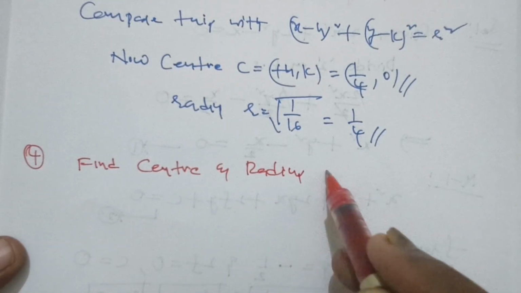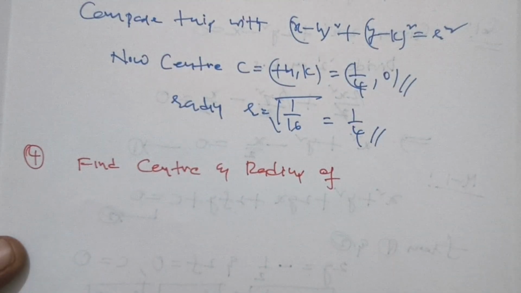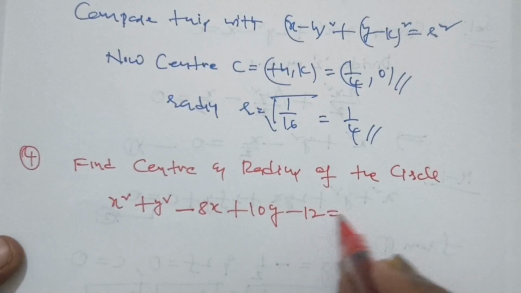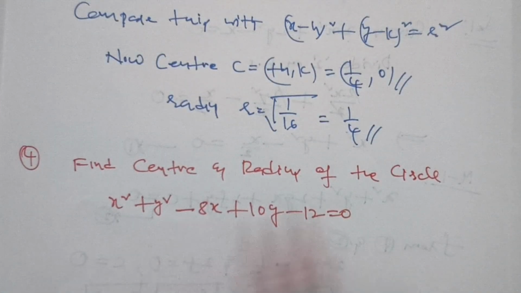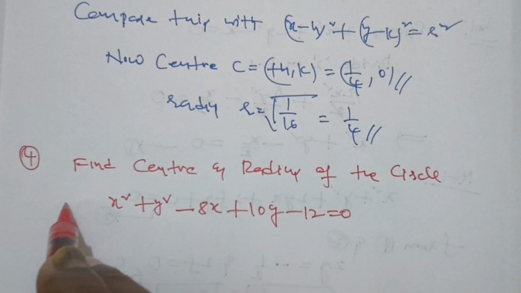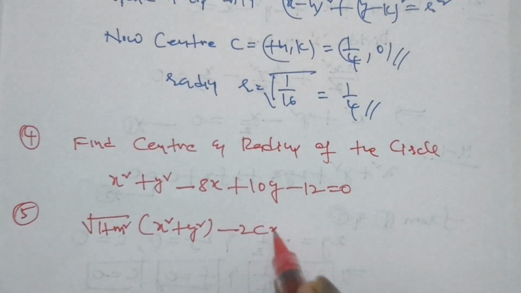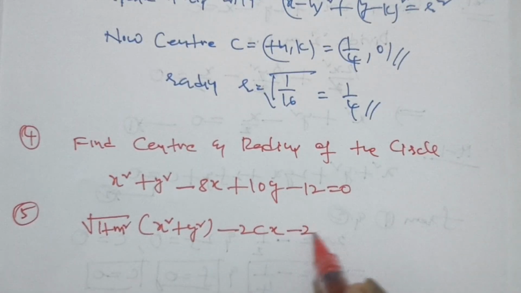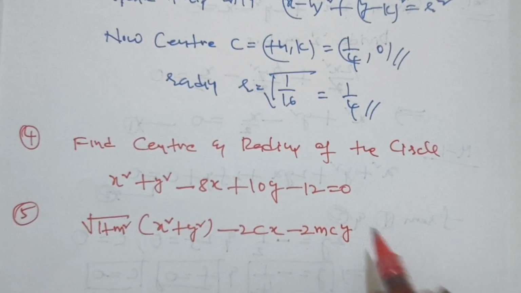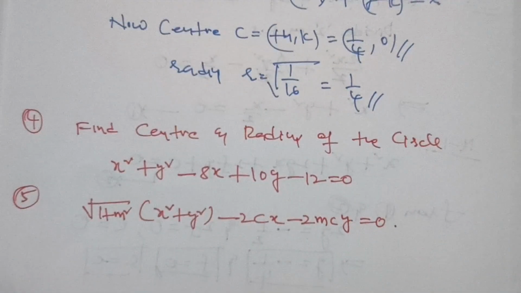Now pause the video and write down these problems. All of you try to find the center and radius. Fourth problem is x square plus y square minus 8x plus 10y minus 12 equals to 0. Fifth problem is very important. Square root 1 plus m square of x y equals